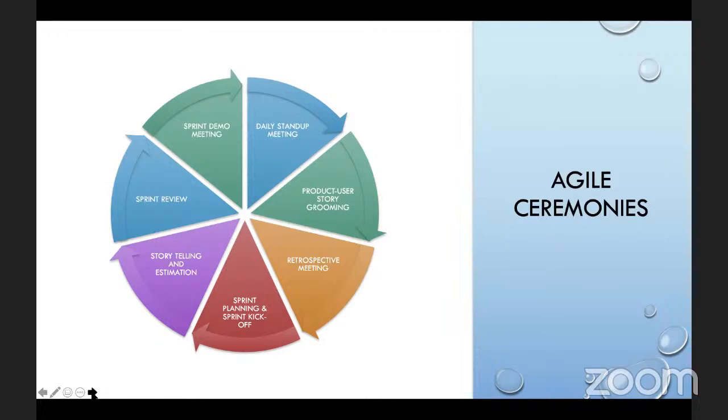So the team comes together, we look at the feature set that we are about to build, and then we plan. We say, okay, Developer John, you take this story. Developer C, you take this story. Developer D, you take this story. So this is where stories are assigned. This is where we talk about how the sprint is going to go, the stories that we have, and all of that. These are all that we need to build. So we plan, and then we kick off the sprint, right?